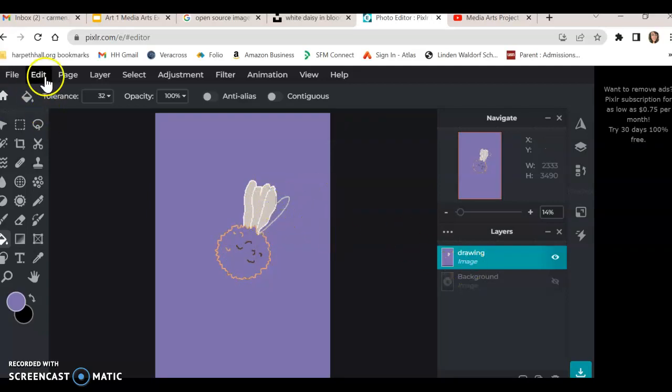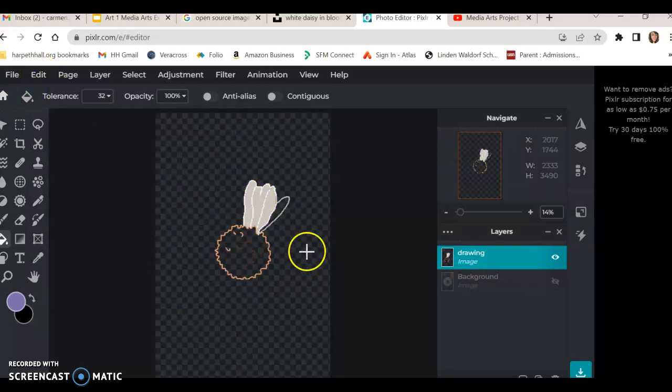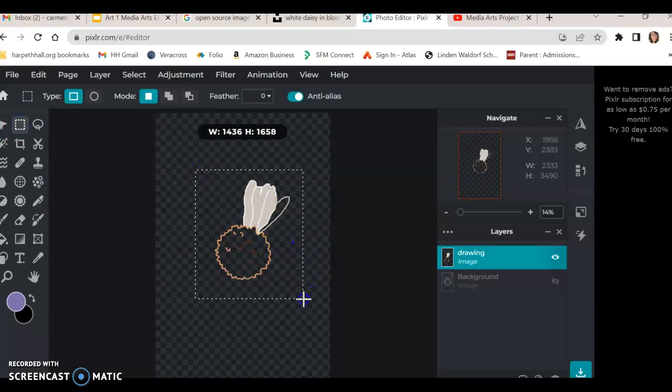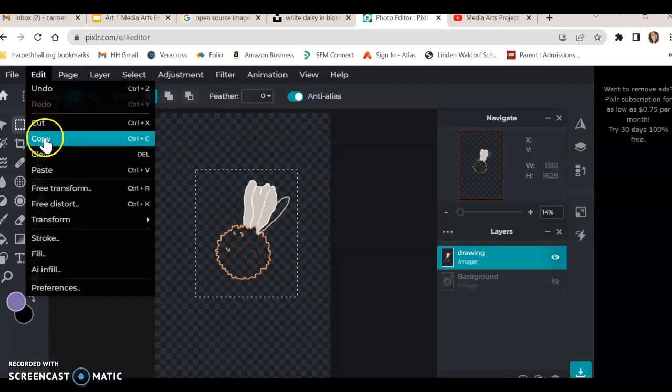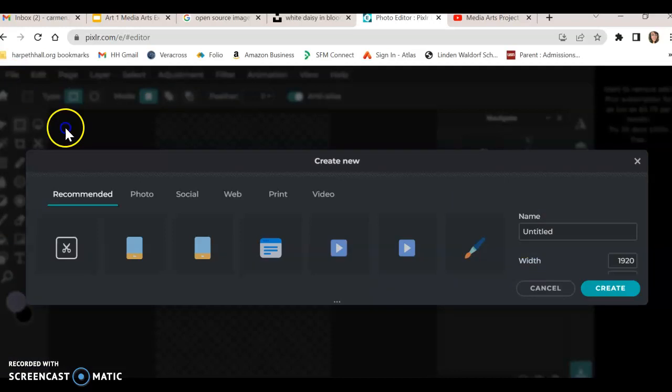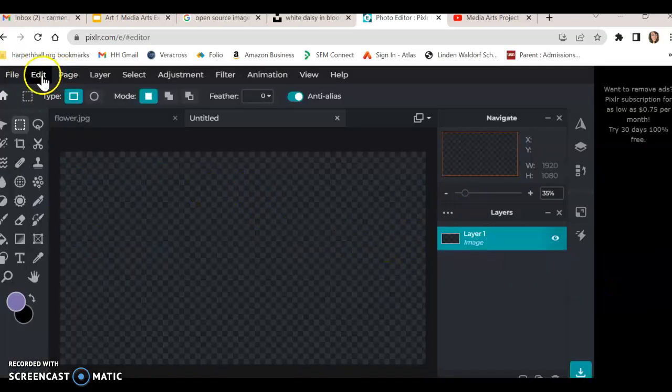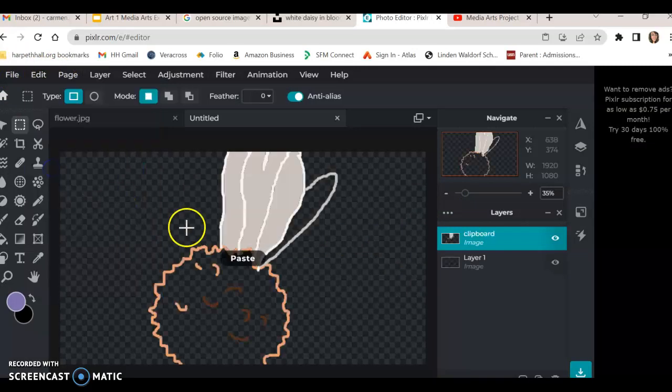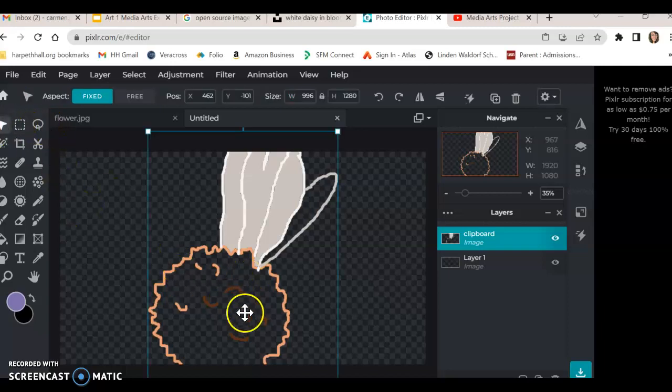And so what you're going to do is you're going to have your drawn out flower or whatever it is, and then you can actually take that layer without the background, and you can edit, and you can copy that, and you can go File, New, and then you can create a pattern and you can duplicate it. So edit and paste. Oops, there it is. That's a little large. I'm going to want to change the scale of it,